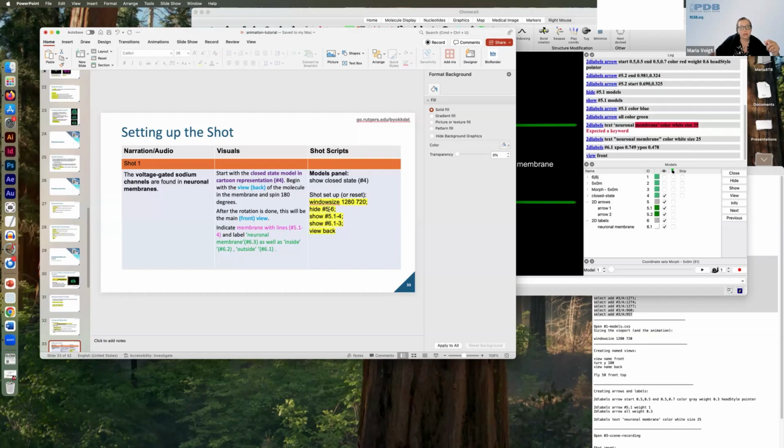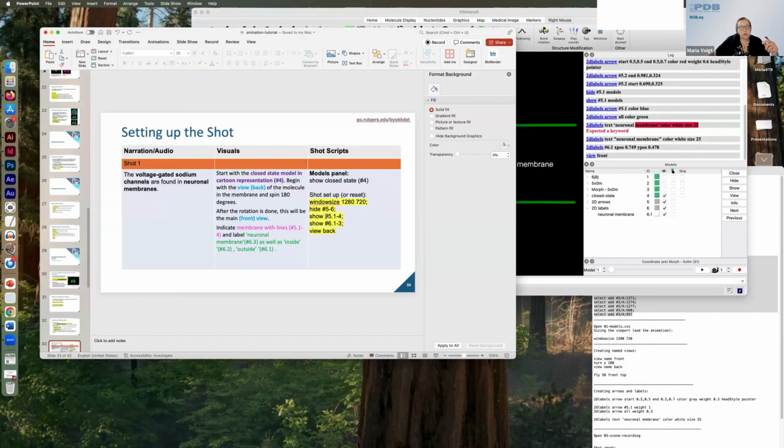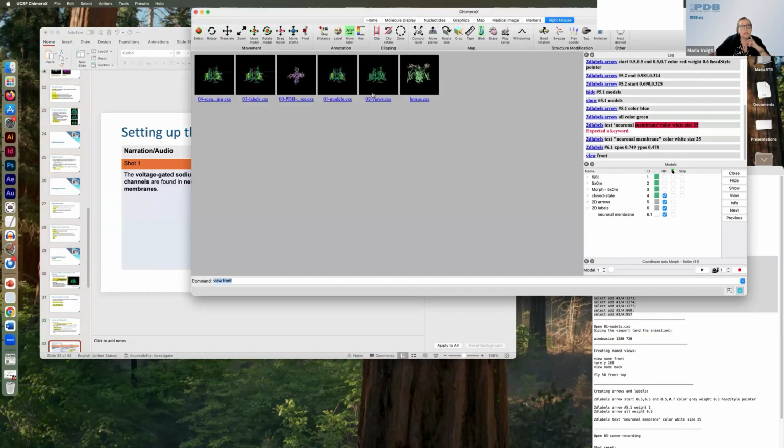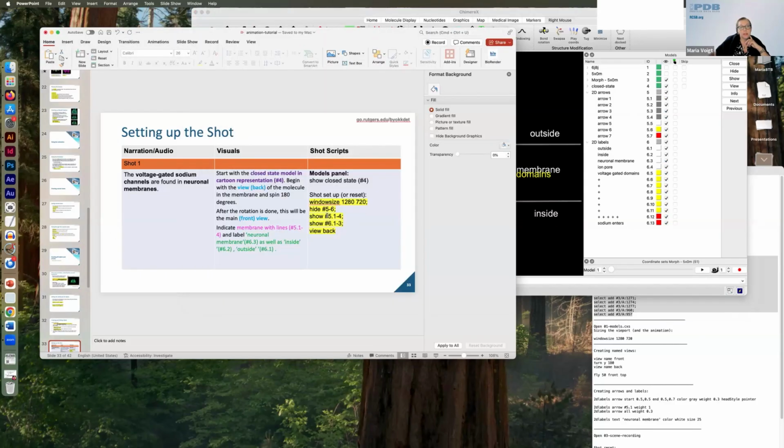Now I say hide 5 to 6. So I tell it to hide the arrows and hide the labels. And now show 5.1 to 5.4. That means show. So let me just open the session for labels because I have all the elements created. So now in here I have these arrows, I have many of them, and I have these labels. So now 1, 2, 3, 4 are the membrane lines. So I'm going to be showing them for the opening of this scene,